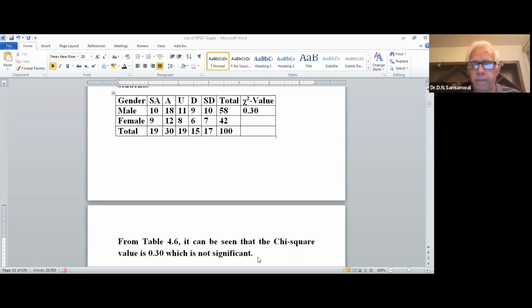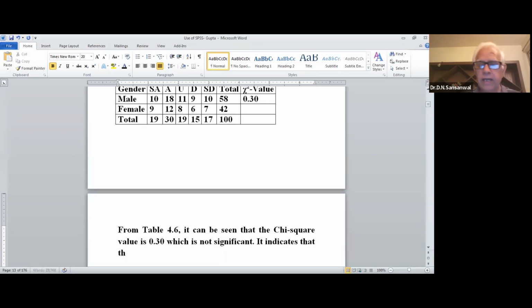It indicates that there is no significant association